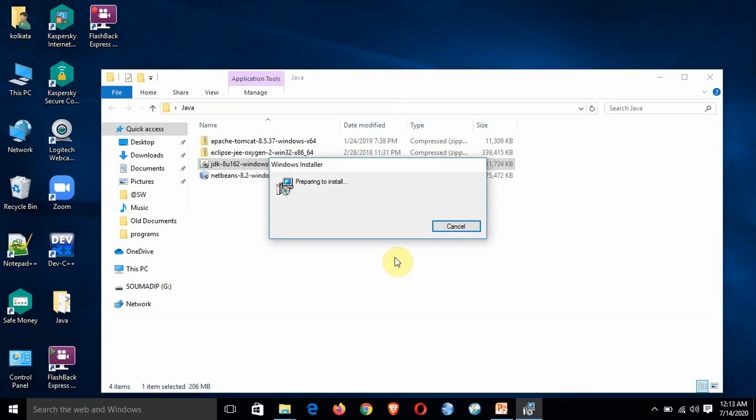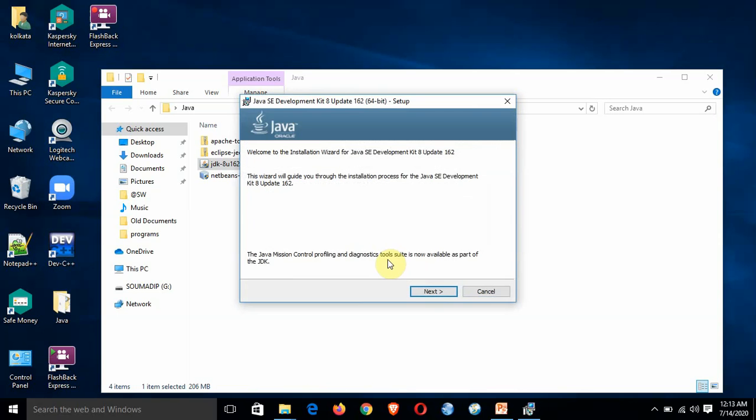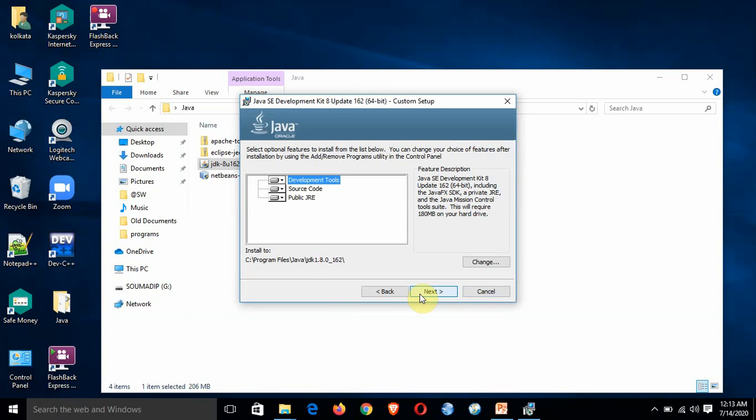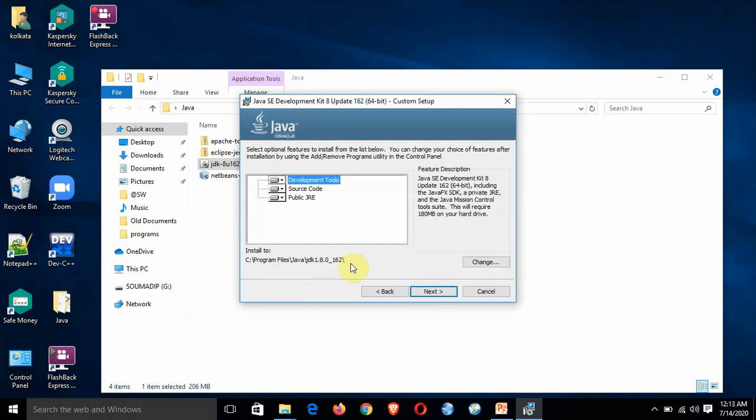Depending on the resources available on your computer, it will take some time, and it is variable basically. So it is showing the path. I am not changing the path, I am keeping the same path.